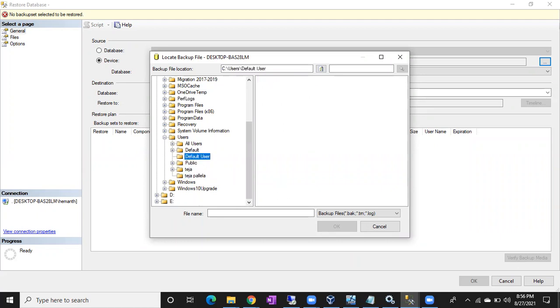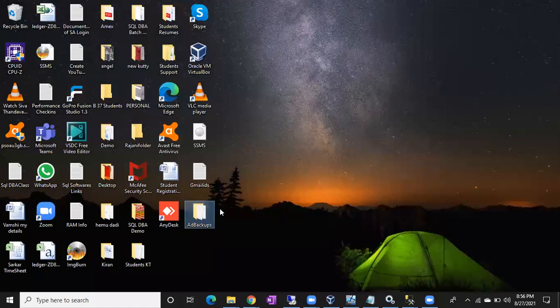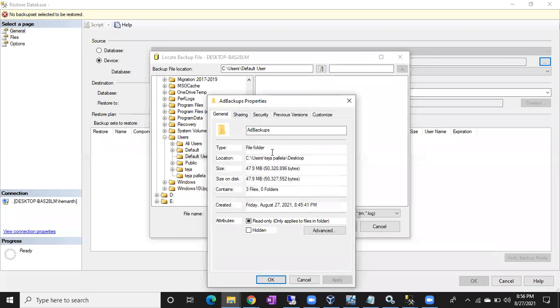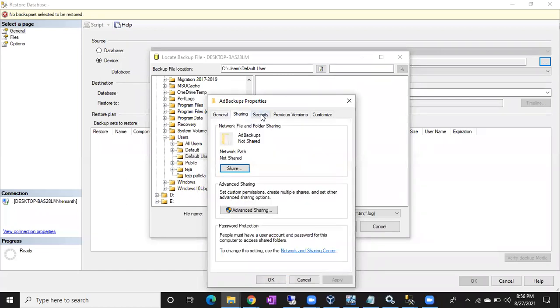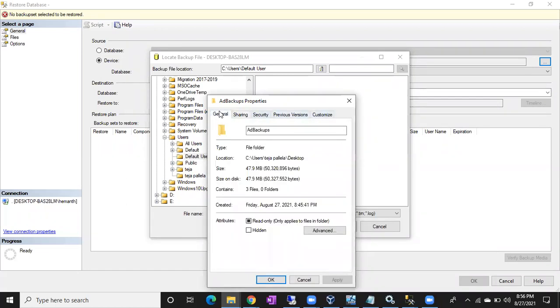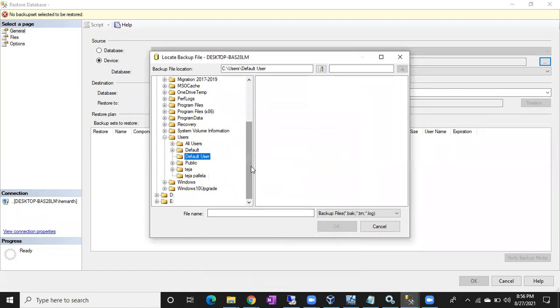Or else I can do one thing: right click, properties. General only. See, Users, Teja, Desktop.